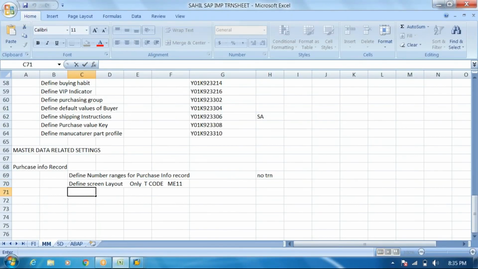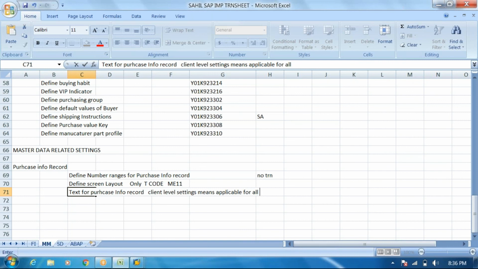Text for purchase info record. Client level settings mean applicable for all plants.